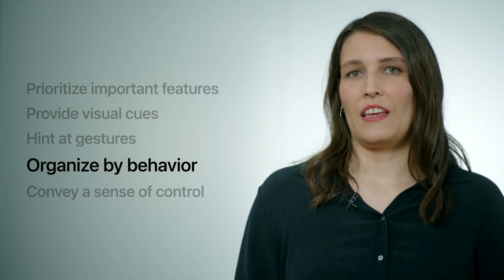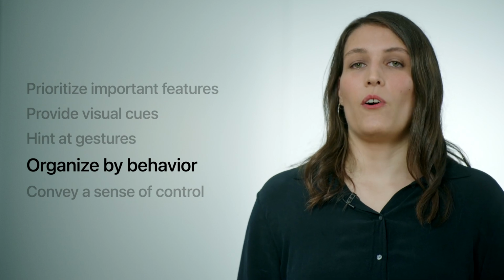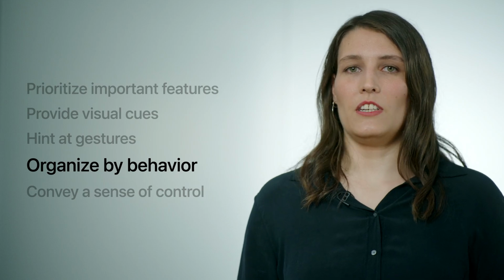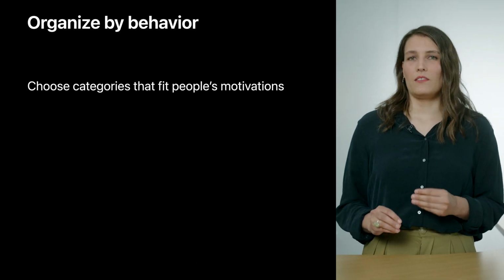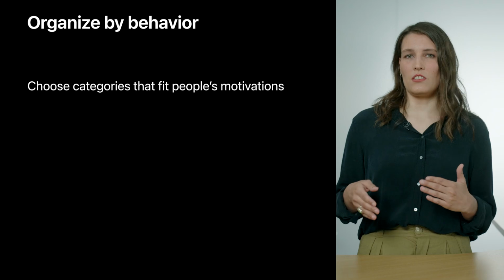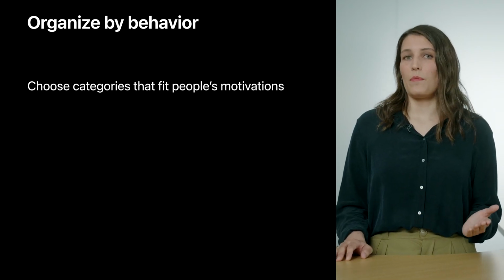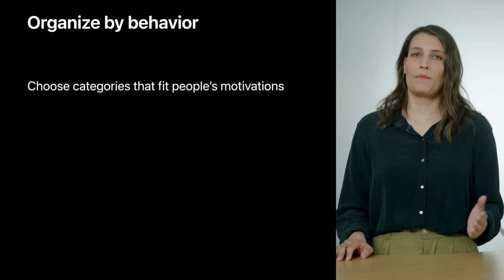To answer that question, here's our 4th principle. Organize by behavior. Organize the content of your app into categories that fit people's motivation and natural behavior. Let's start by choosing what these categories are. We think people get very excited about what kind of topping or unique ingredient combinations they would like to find on a toast. So naturally, when choosing categories for our app, we decided to organize by ingredients. People can have group selections of avocado or blueberry toast. But that doesn't scale well because there are just too many possible ingredients.